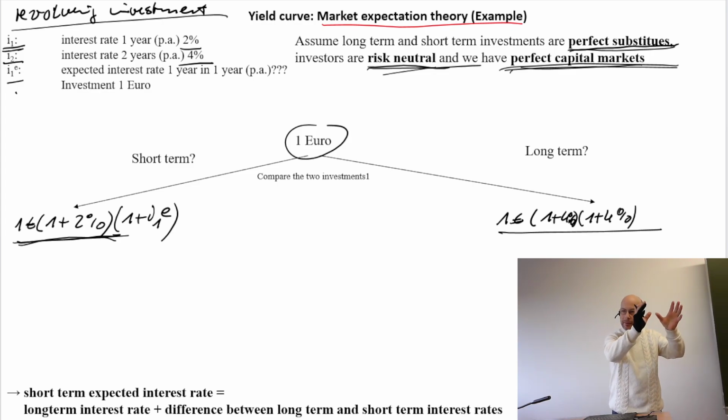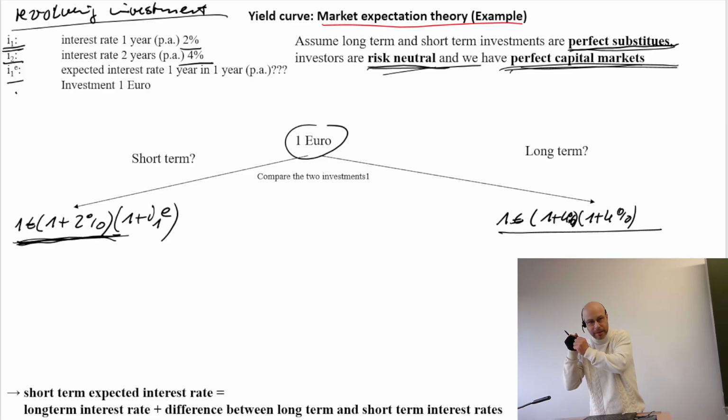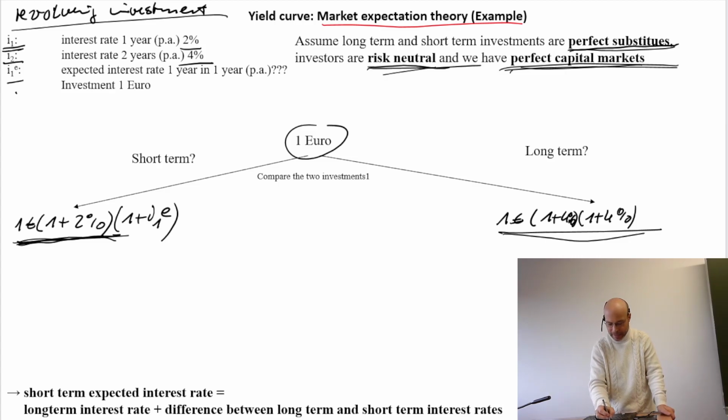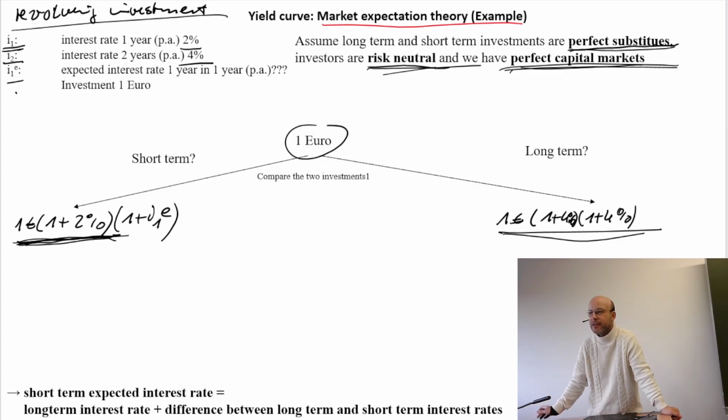There will be people who say, I start with this short-term investment, and then I make my expectations about the short-term interest rates tomorrow. And then they compare these two yields. Of course, if these two yields differ, on average the people will move to one side. Maybe this is higher due to my expectations than the left side. Then I will move to the longer-term investments, or the other way around. Then I move out of my long-term investments and move to the left.